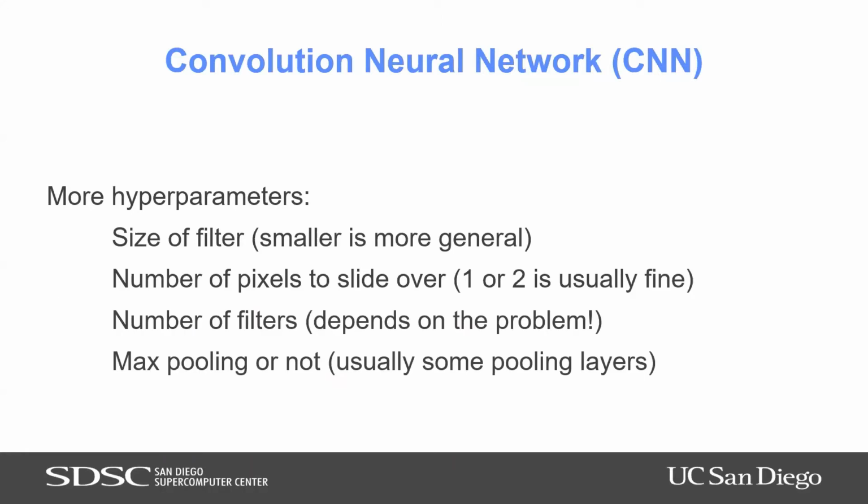So the number of filters is really like the number of features. If you have 10 digits that you're trying to classify, you should ask yourself, how many features do I think I need in order to classify 10 things? You probably need at least 10, but maybe you could get away with 4, because all combinations, what are there? 2 to the 4 is 16. So maybe 4 features that are either on or off could represent 10 different digits. So that's kind of how you might think about how many filters you want.